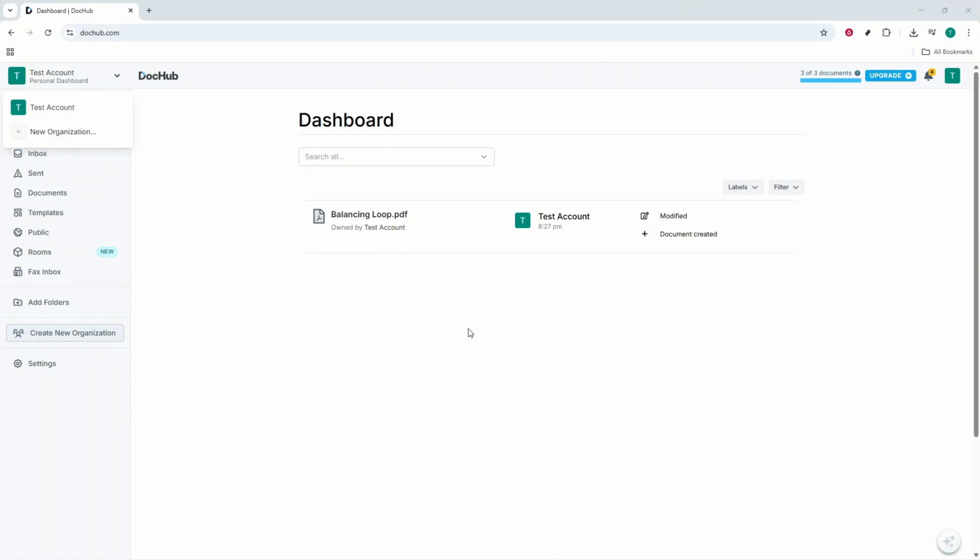In today's video, I'm going to teach you how to create a template in DocHub. If you find yourself sending the same kinds of documents over and over, like invoices, intake forms, or consent agreements, creating a reusable template in DocHub will save you time and help keep everything consistent. Let's walk through the simple process so you can set it up once and use it as many times as